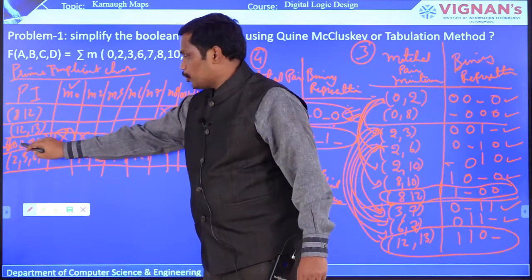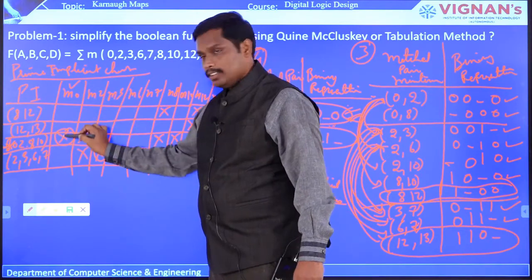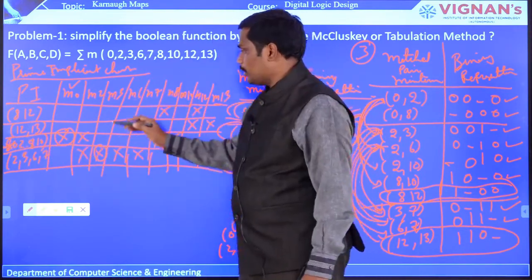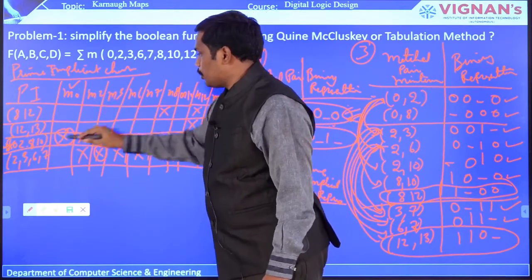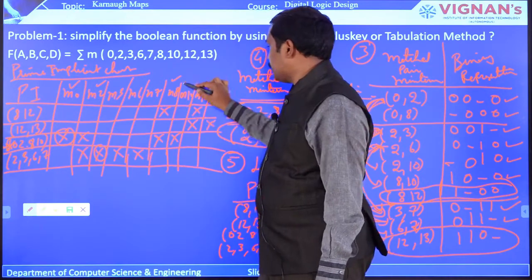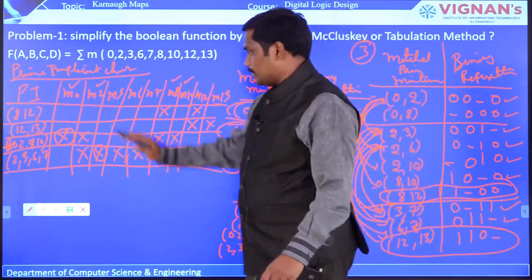The possible minterms are 0, 2, 8, 10. So have a tick mark on those particular minterms. Did you get it? The first X from the column, the corresponding minterms, are to have a tick mark. So M0 completed, M2 completed, M8 completed, and M10 completed. This is how you have to mark the first one. Is it clear? So the first X is completed.